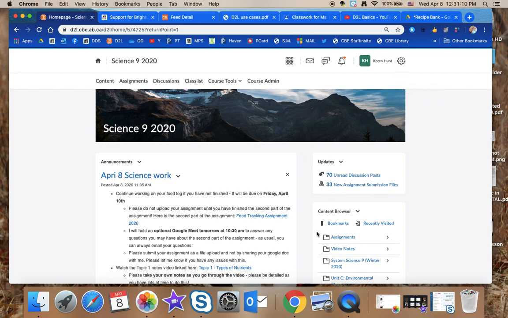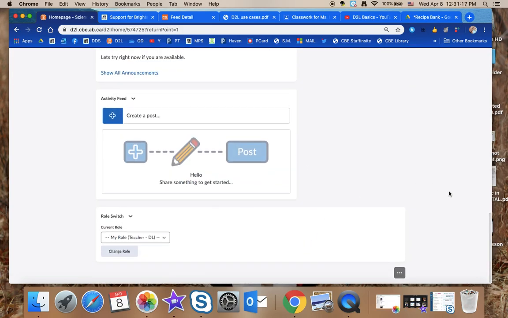Another thing you can do is to customize your homepage. Anything under here is called homepage. You can find the three dots way down here. You can see that there's some tools here that aren't even being used, so there's no point in having them on the homepage. So you can click the three dots. Another way is going through your course admin. So manage homepage,